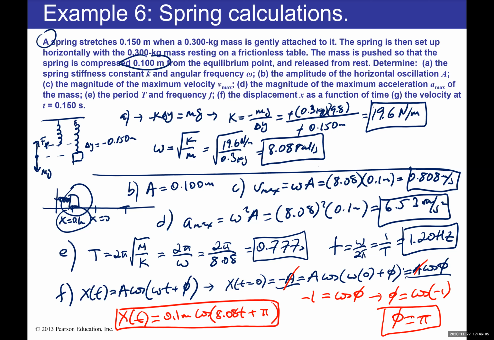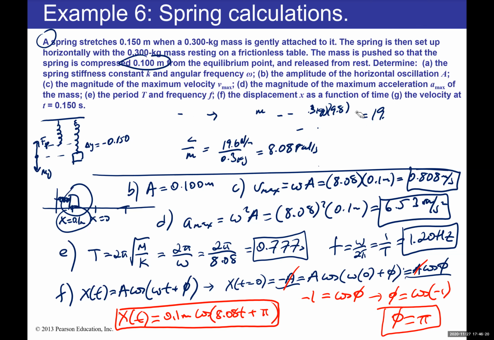And we needed to find the phase constant phi. The last one says the velocity at 0.150 seconds. All right, so for that, I'm going to need to get some room. And let me get rid of this because we already have the spring constant k and the angular frequency values. So for that, what I'm going to do is remember that velocity